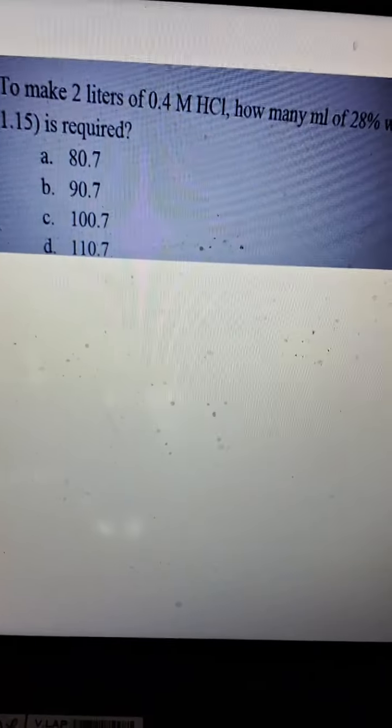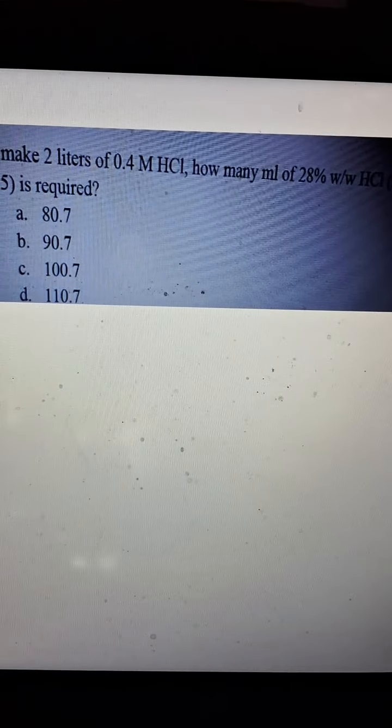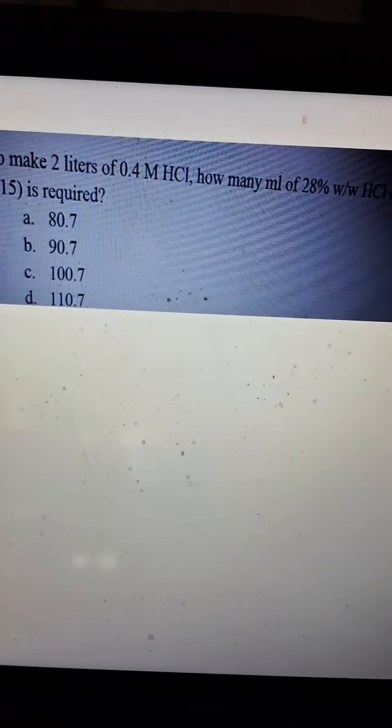So it's very simple. It is asking you to prepare 2 liters of 0.4 molar HCl, but it is given the stock has 28% w/w HCl and specific gravity or density 1.15. So you cannot put the formula M is equal to W by